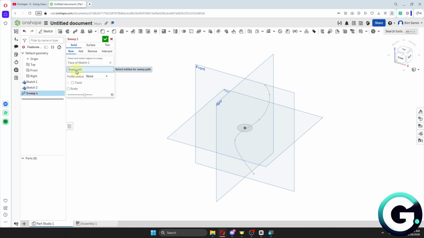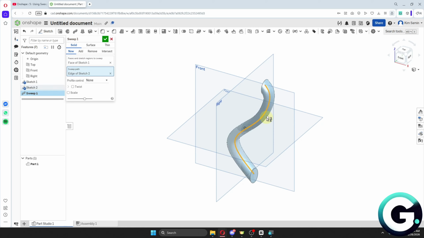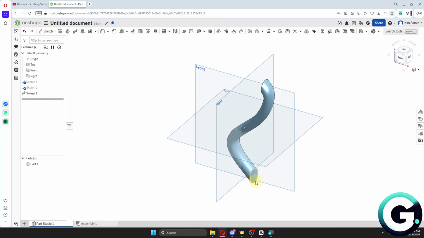Click sweep path, and then we could click on the path that we have drawn. So it's going to be this one. And so basically it uses those paths and the face that we have made in order to achieve this sweep